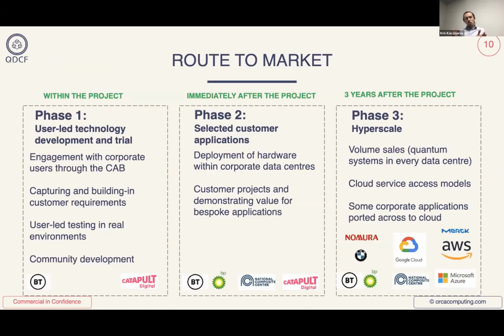And so during the project, we'll be developing the technologies and capturing the requirements, showing it, testing it, and demonstrating it in real environments and developing a community around these technologies. The idea is to go further post-project. So then really look at select practical applications with customers that might come from the customer advisory board or might get interested in this project through its lifetime, and really show value with these small systems running in experimental data centers.